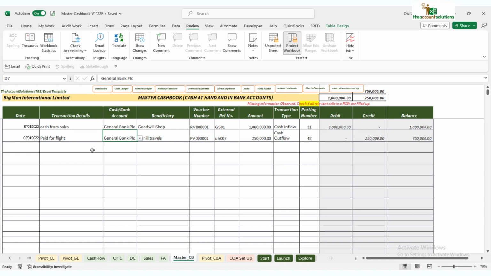So what happens here? Let's say on the 3rd of January 22, we say cash to petty cash. Now the rule here is always enter the cash account you are paying money from first. So money is leaving General Bank PLC, so record that first, which can say anybody's name. Let's say the office assistant or the administrator that took the cash. You can say Binta White